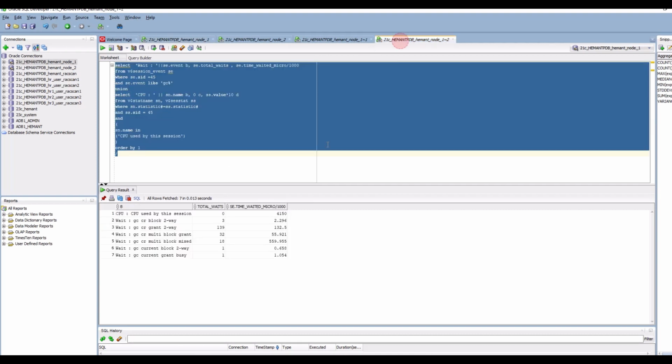And if I look at, this was the last round of statistics, 559 microseconds on GC CR multi-block mixed. If I run this query now, 39,440 microseconds. That's the big difference between these two wait events. The others are not significantly increased, but this GC CR multi-block mixed, like I showed you in the documentation, is what